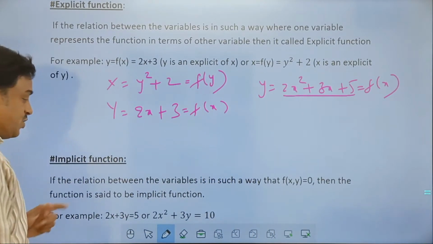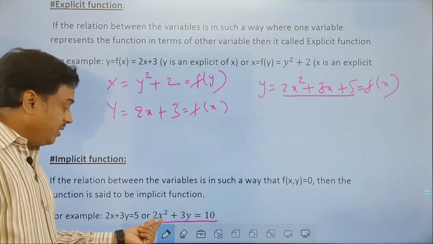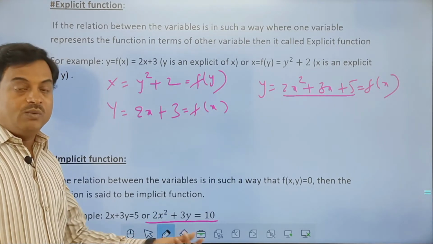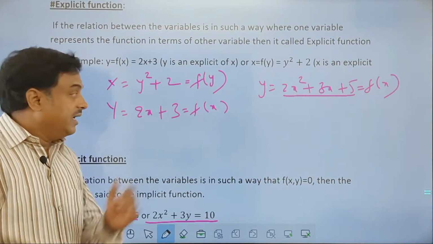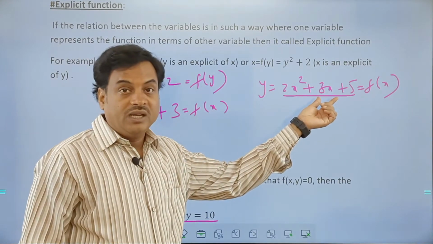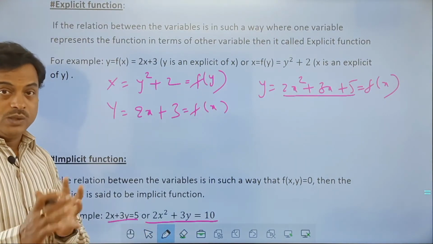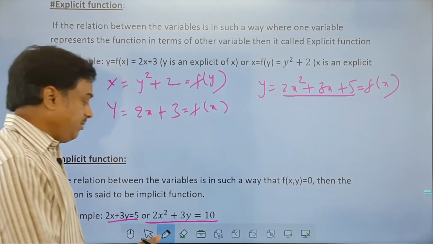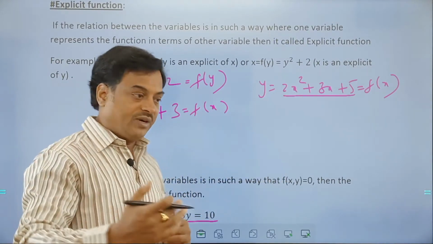Now what is an implicit function? If you take a combination, you see this example, my friend, I think this makes it very clear. A combination of expression or an equation which has both variables involved. X and y both are involved. So in this, again, linear equations have x and y both involved. Here one variable is defined in terms of the other completely. There is no combination of x and y. In that case it is called explicit. Here if you use both x and y as a combination, or as an equation or as an expression, then we can call it an implicit function. So you can see by looking at the expression or equation itself, we can say whether it's an implicit or an explicit function. Okay.